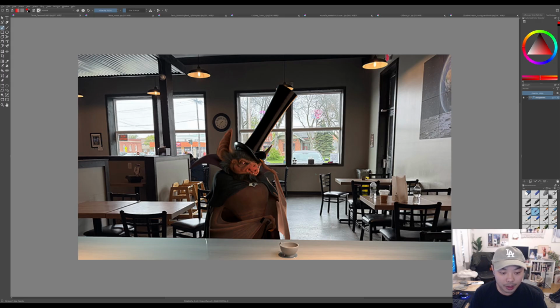I saw some older versions of this that you had, and it's looking a lot better. I think the character feels like, value-wise, they're fitting into the scene much better. Now, I think there's a couple things you could do to make this integrate